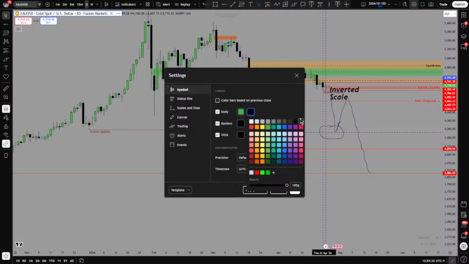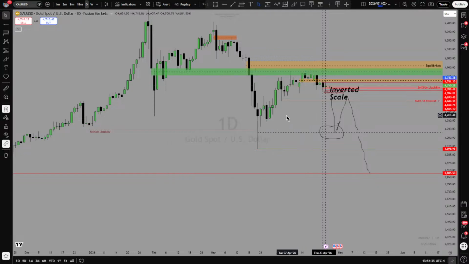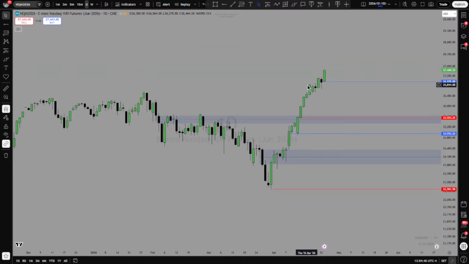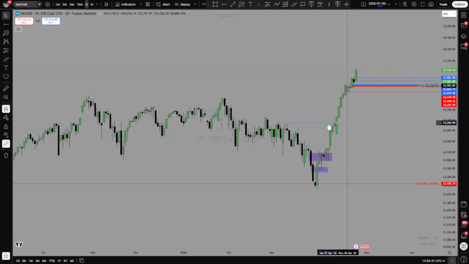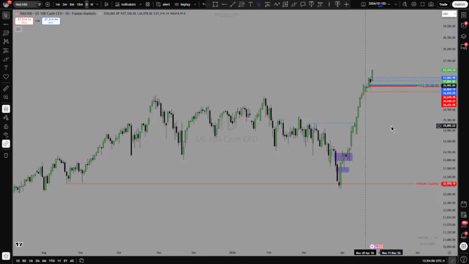So I've not been trading Nasdaq for quite some time now, and it just weighs on me because what's going on there? I don't actually understand. It weighs on me because I have not been trading it ever since here. I've not been able to engage with the price, I've not been able to get into Nasdaq. I've been focusing on gold because gold is going lower, right? Instead of going higher with Nasdaq.